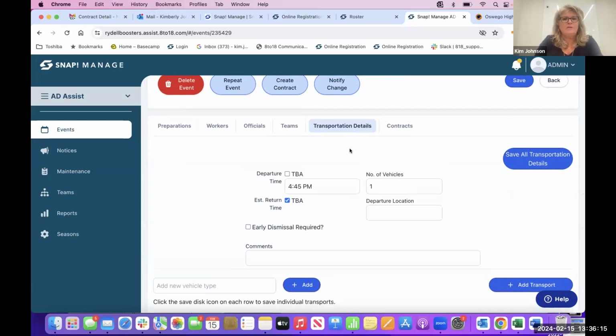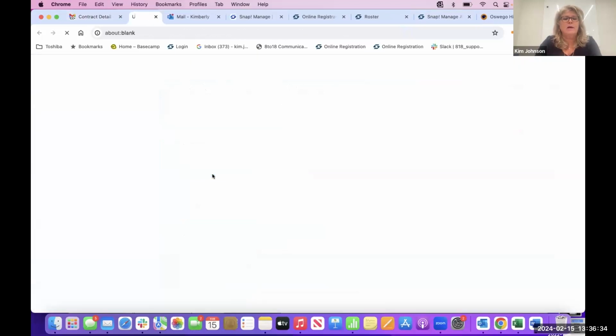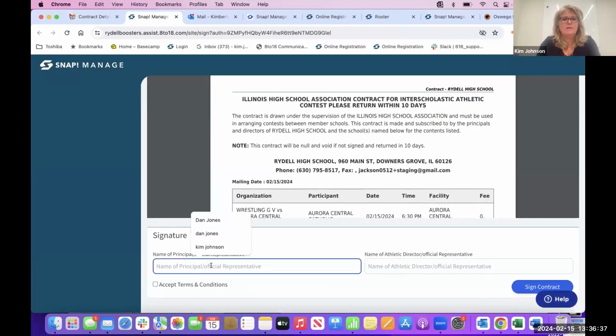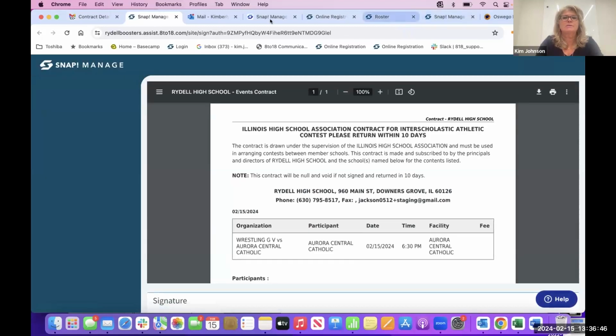The other great feature of the program is contracts. We know that many states have to provide a contract to their opponents. So when you're using a contract, it's a digital contract. I am going to create a contract, send it to my opponent. When your opponent receives it, they get an email that says, hey, here's your contract. And then they can go in here and literally digitally sign the contract so that when they're signing it, it's going to come back to me signed, and then it's going to store it in the database that contract is resolved. It's been sent, and it also has been